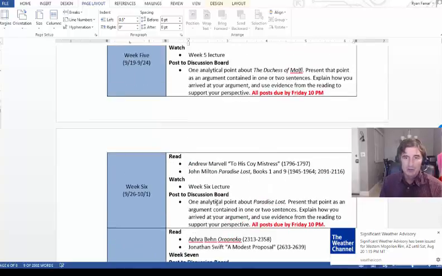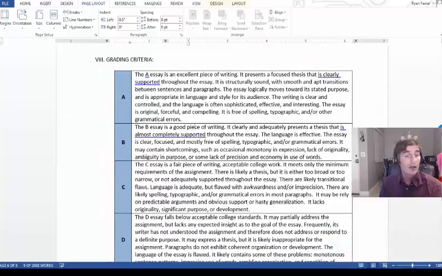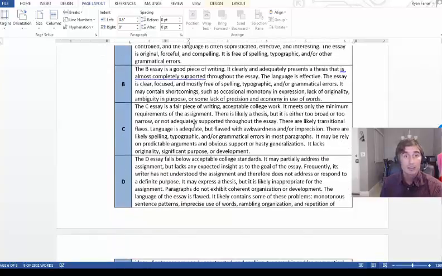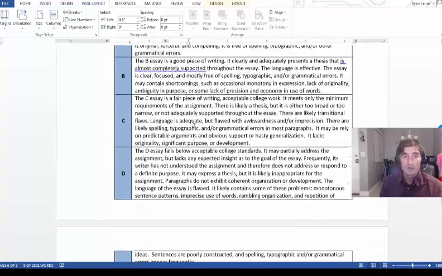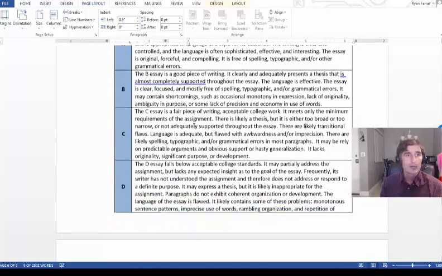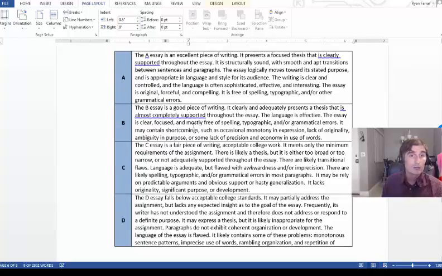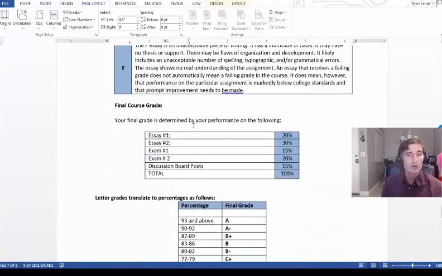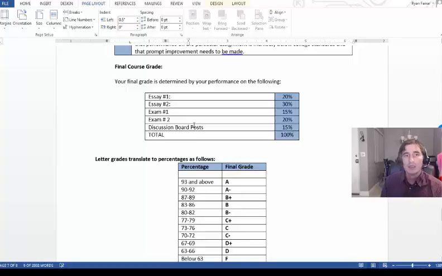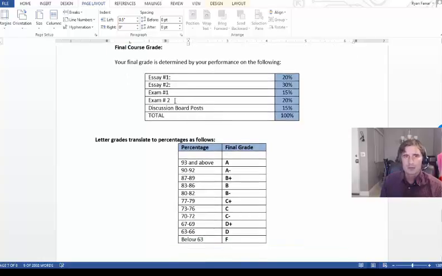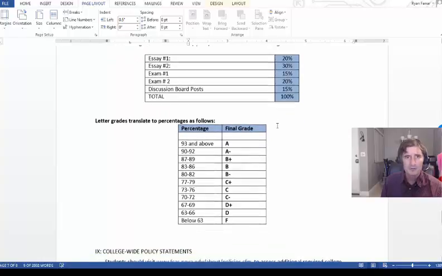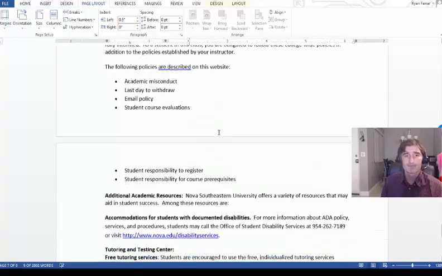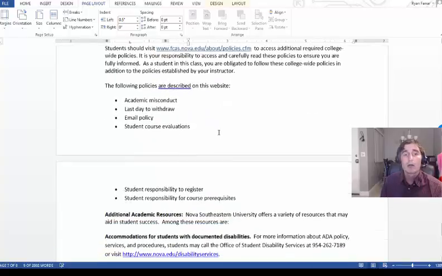Okay. So I have a grading criteria here, a rubric, as far as what I'm looking for, what makes a good paper, what makes a weaker paper. I am also going to put model sample papers I've had in past classes that have done similar assignments, and we'll talk about what made them successful. There will be videos covering this as well. Okay, so here is the breakdown of the percentages, and this is how it translates. And of course, there are other college-wide policies.